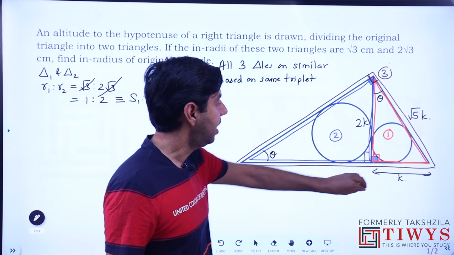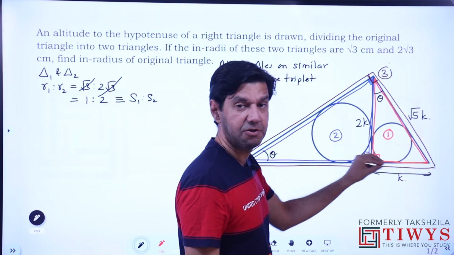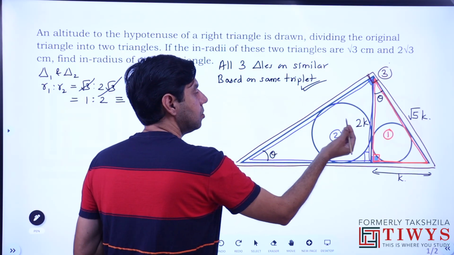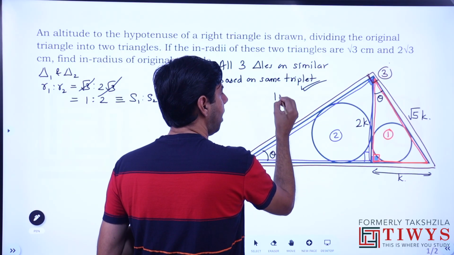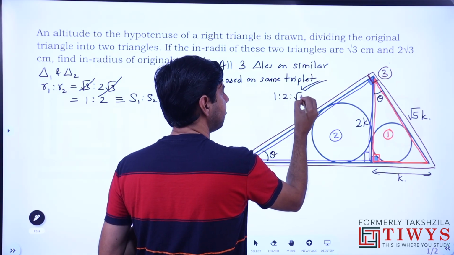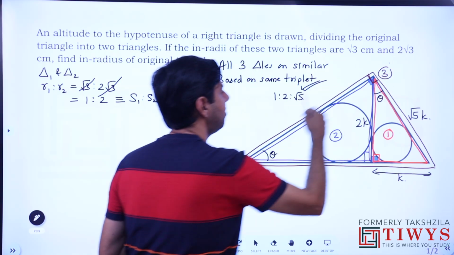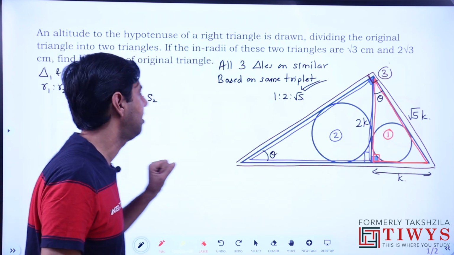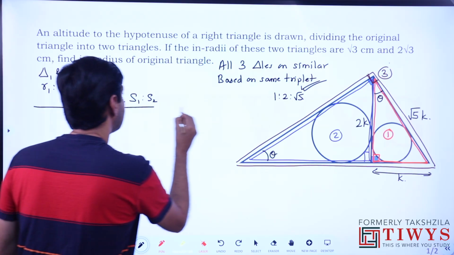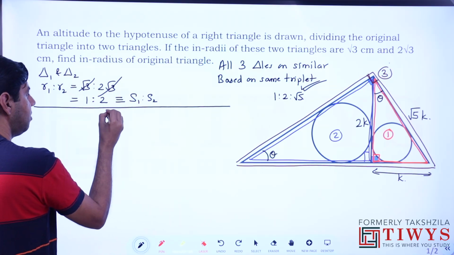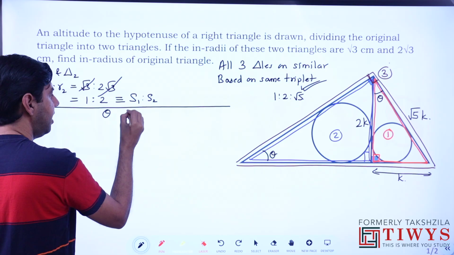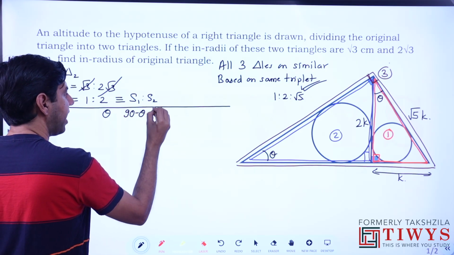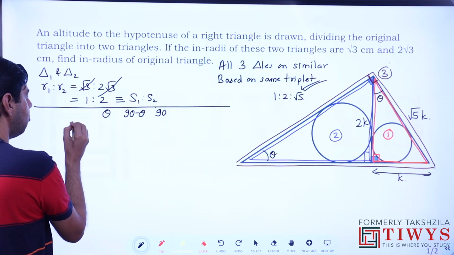And now I know that all three sides of a triangle are known. So the triplet is known, students, now. So this triplet in this case is 1, 2 and root 5. So the values chosen were such that it was not very easily identifiable. But now the process should be very fast, students. Now that you know the triplet, theta, 90 minus theta and 90, the sides opposite them in triangle 1.